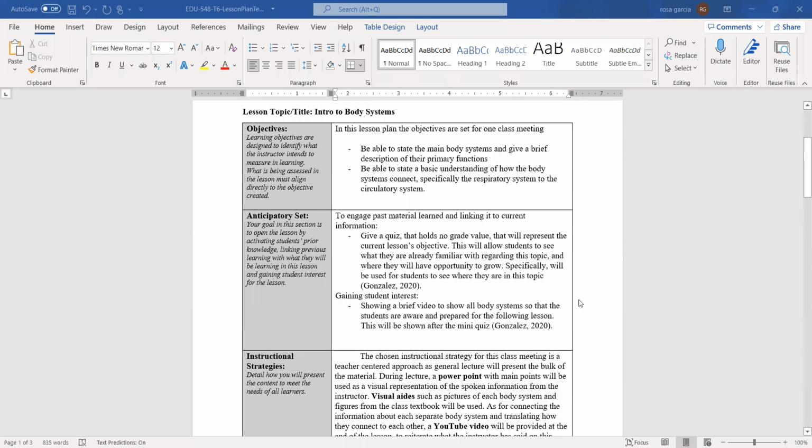Next, for my anticipatory set, I will be giving a brief ungraded quiz in the beginning, just so that students are able to see what I will be testing on in the future, referring to this information. So I will be giving a quick quiz that will just show students what they already know. It'll be basic information that will be covered in the lesson that follows this quiz. It will be representative of the current lesson's objectives that I just stated, and it will be no more than 10 questions, just so that students get a feel of what the current lesson will be, as well as how it will connect